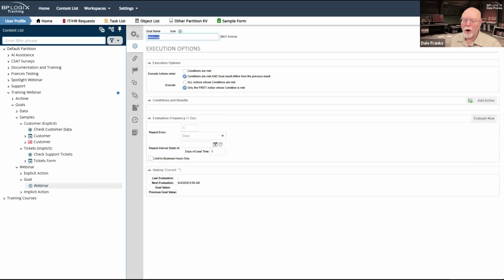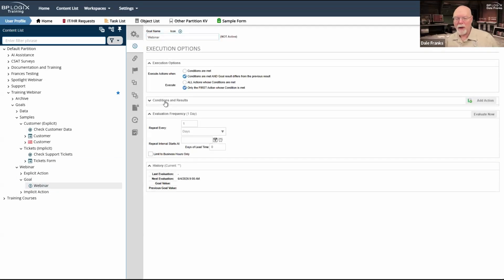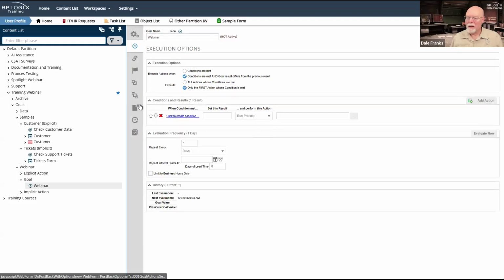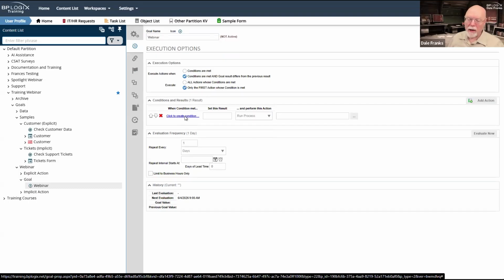So we can play around with our conditions and results. So we're going to add a new action. And as I add a new action, it says click to create condition. That is a suggestion. I don't have to create a condition.